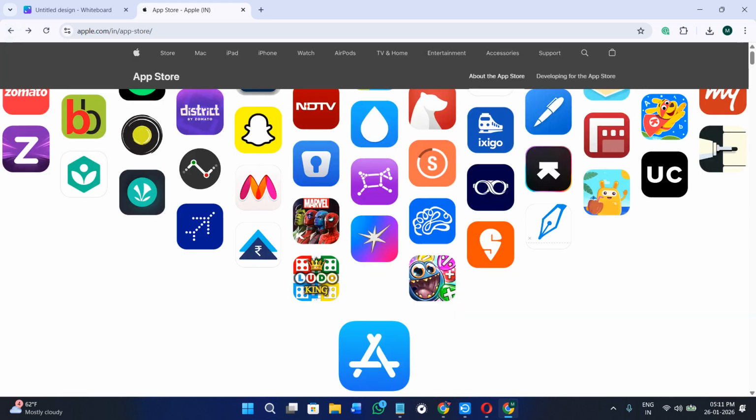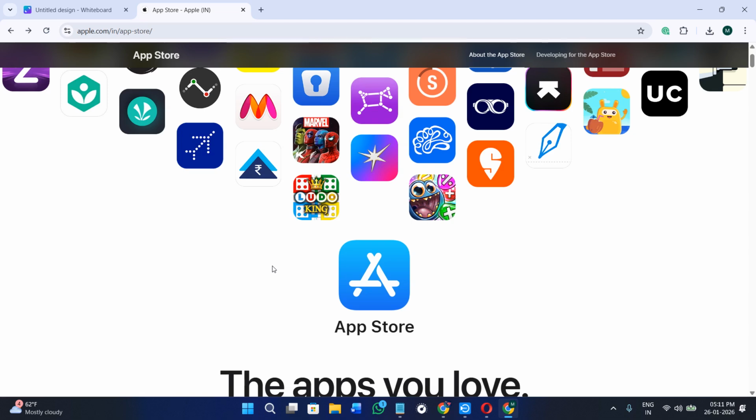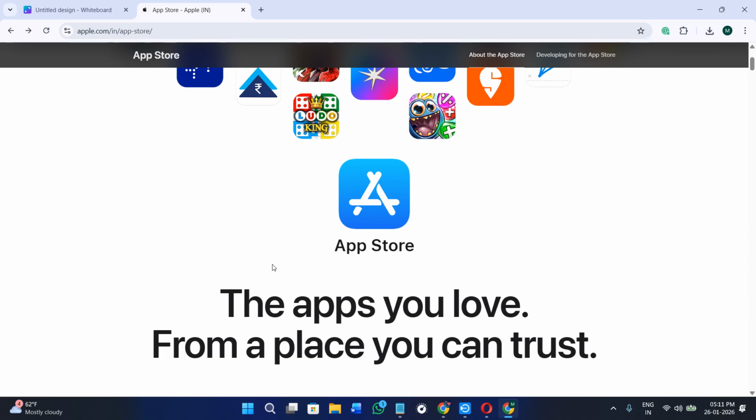After doing it, you need to go to the Play Store on your Android tablet and install the same application. Now, once both of the applications are installed, you need to open the app on your Mac first, then you need to open it on your tablet. Now, your tablet should appear on your Mac screen as an available display. When you click on your tablet name to connect, after a few seconds, your Mac screen will extend to your